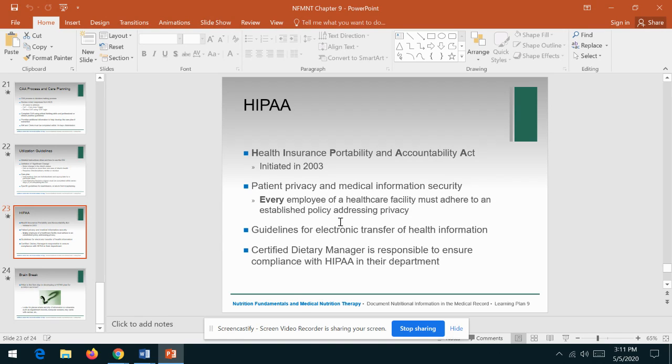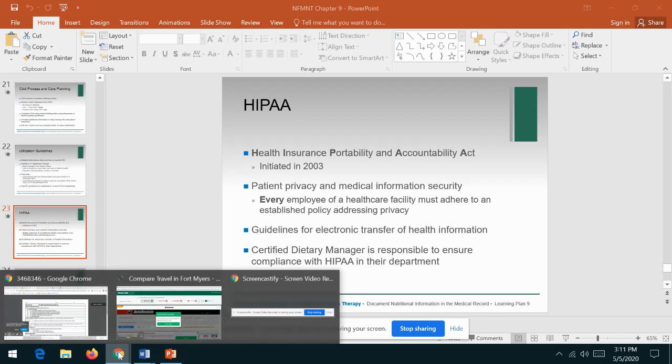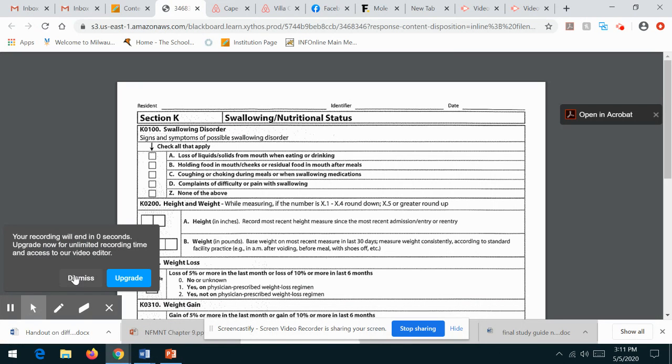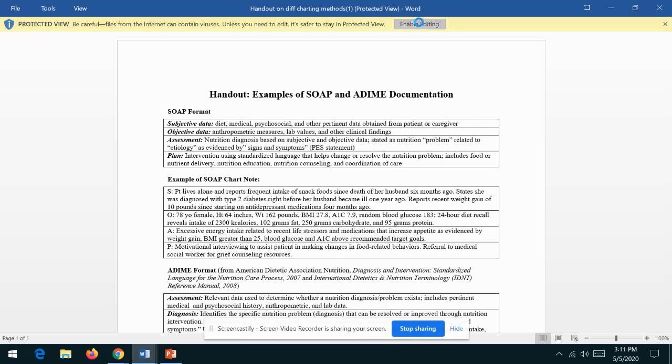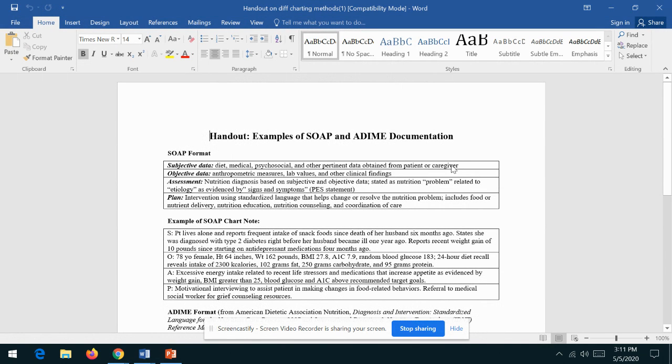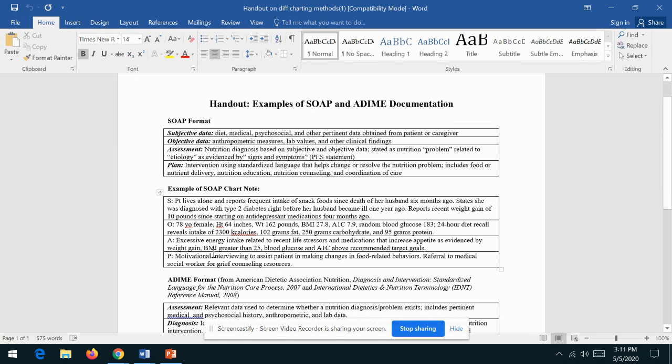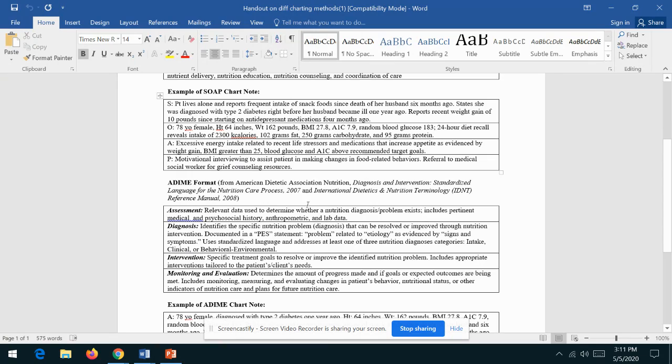So go ahead and read through chapter 9. I also included here a handout on different charting methods, and you can find that in Blackboard. So you have a SOAP example here, okay? And then you also have that a dime